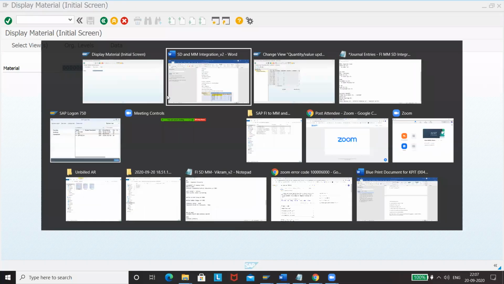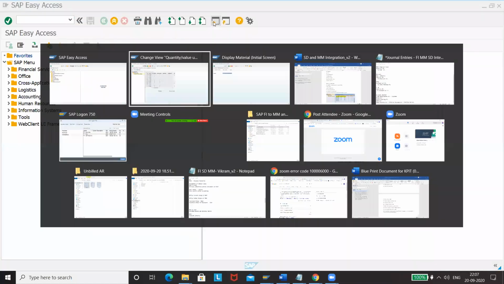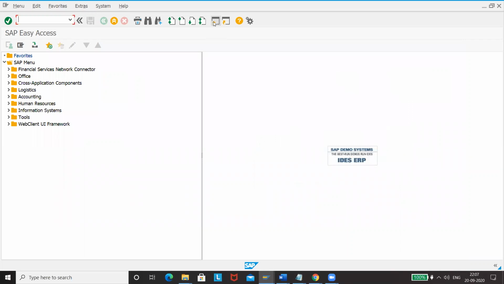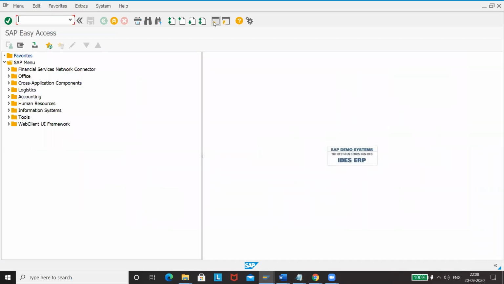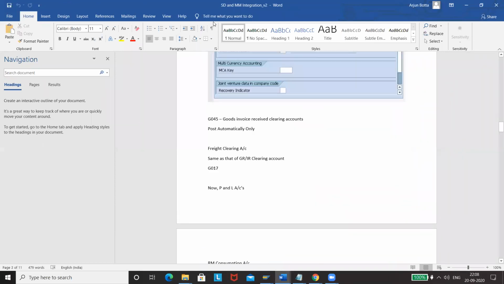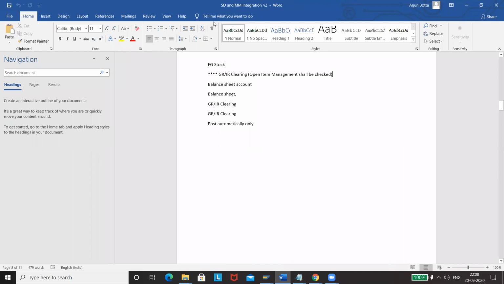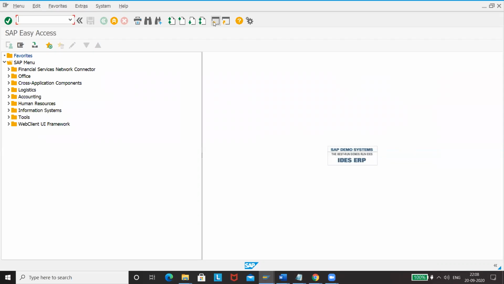So I will keep that setting there only. We'll take another screen and go to another area as well. If we can maintain that one, then this shouldn't come. So for OMSY.